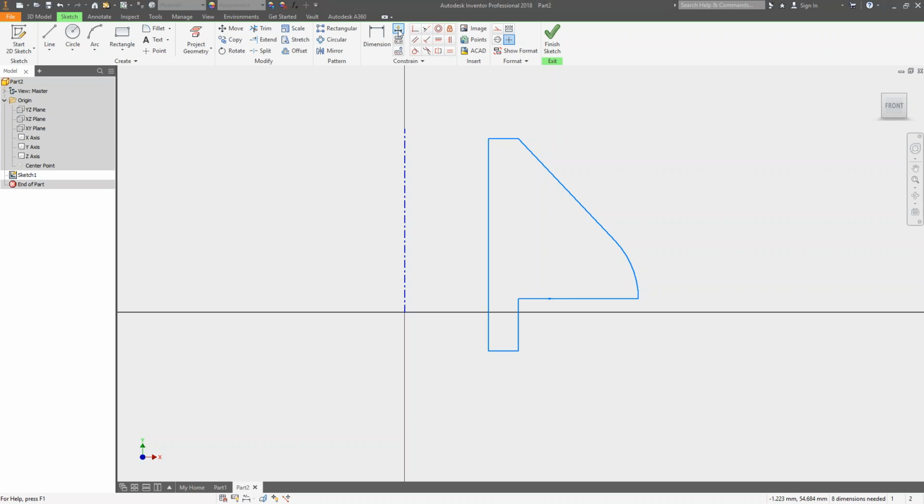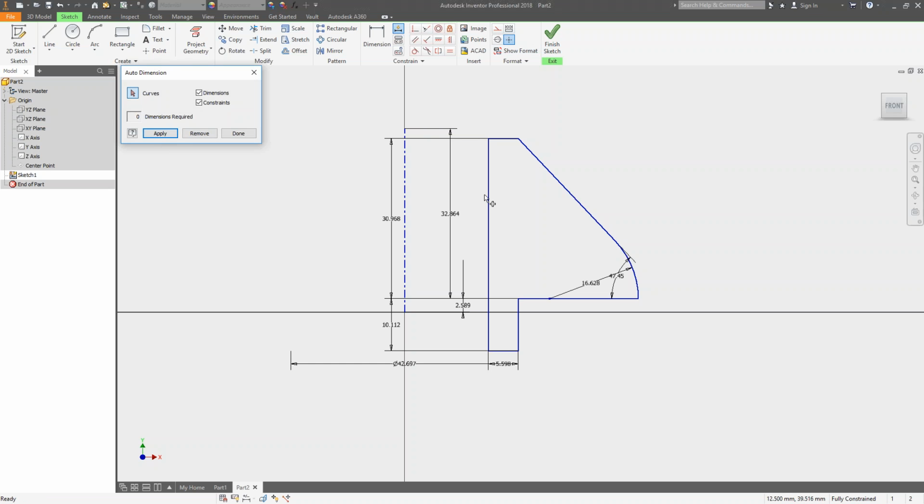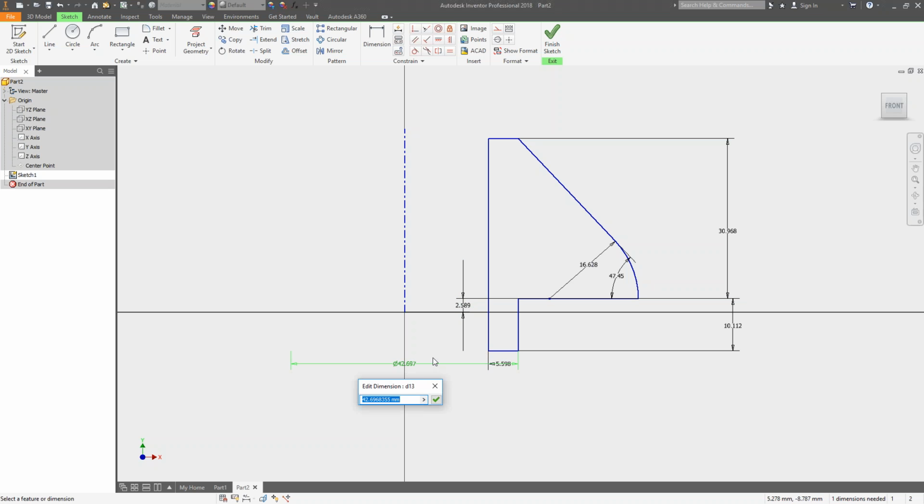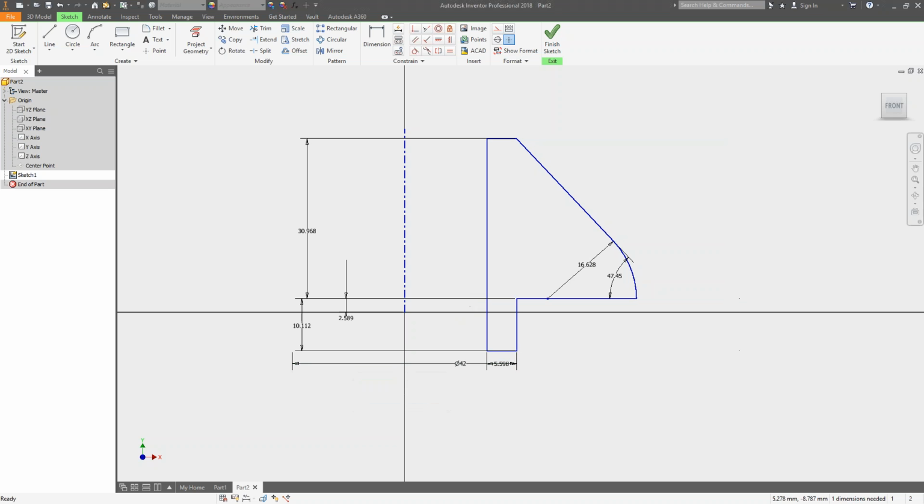I'm going to just do a quick auto dimension on this. I might delete some of these dimensions if I don't want them. I really don't need the dimension to be on these lines here. It picks up and puts a diameter dimension on for me because it knows there's a center line. It puts on my radius dimension, all the dimensions that I need to locate this basically. It does for me. Now, whenever I just change this to 42, that's my even number I want to change this to,